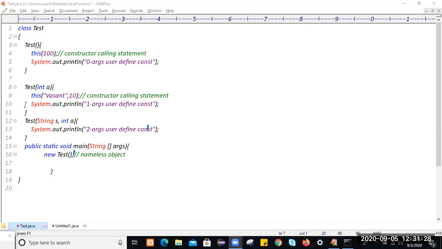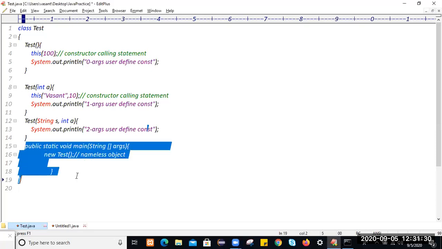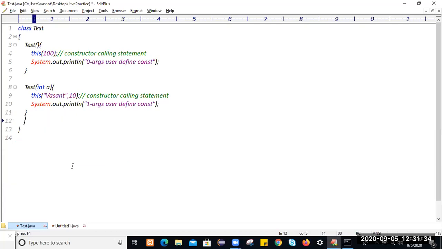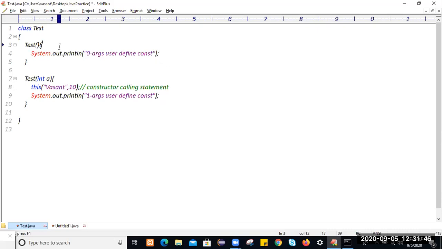What if you are not using constructor calling as the first statement within the constructor? You will get a compilation error, guys. If you use constructor calling as a second statement within the constructor, you will get a compilation error.